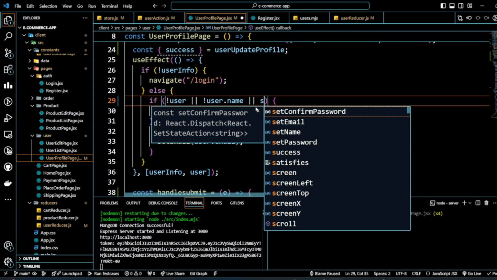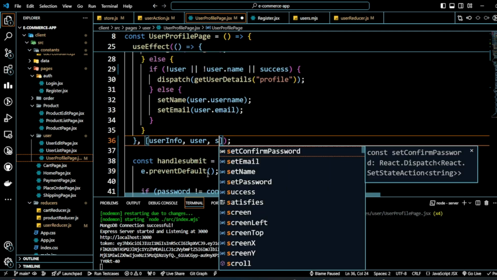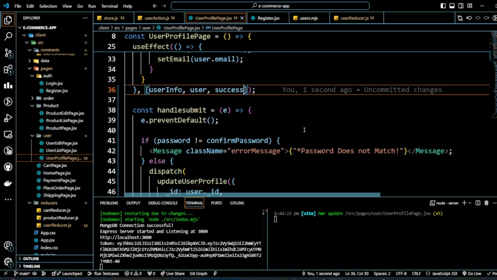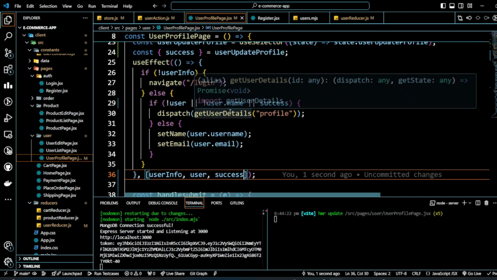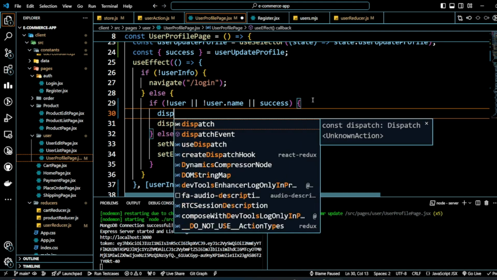Success, and you can pass a dependency here. On success dependency, we're gonna refresh the page and trigger the reset action. Okay, and once it's successful, before the loading page, we're gonna clear up the state, or we're gonna dispatch